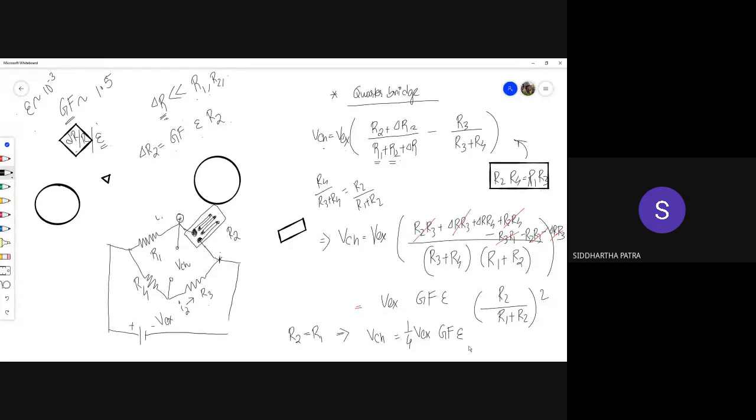In this expression, you can see that the change in voltage is directly proportional to the strain. And V external and the gauge factor, we do not have any control over once we choose a given circuit and an input voltage. But this factor, the 1/4 in front, we have some control over. With a modification of the bridge from the quarter bridge, we can get higher sensitivity. That means we can make this 1/4 to a half or anything else. Why is this one called a quarter bridge? Only 1/4 of the circuit is used as a strain gauge.